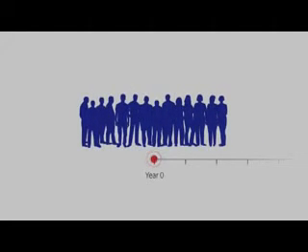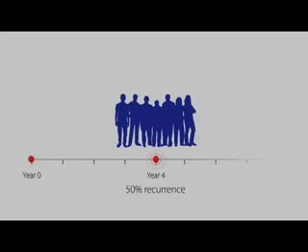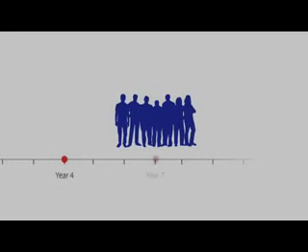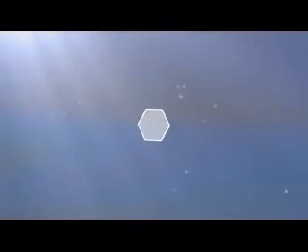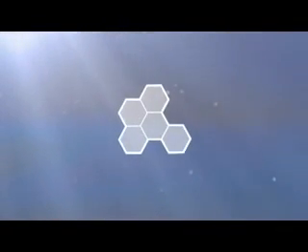It's important to note that nearly half of all first-time stone formers will have another stone episode within the next 4 years. Recurrent stone formers are at even greater risk and may form a new stone every 2 or 3 years. But what actually causes crystals to form? Why do some crystals develop into kidney stones and others do not? One critical factor